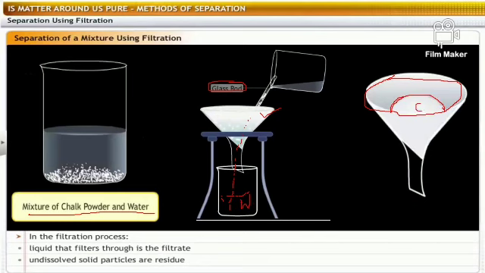So keep in mind, liquid that filters through it is called filtrate. So whatever the liquid is coming here, this will be called as a filtrate, while undissolved solid particles which will be left over in the filter paper are called as a residue. This is the residue. Okay.